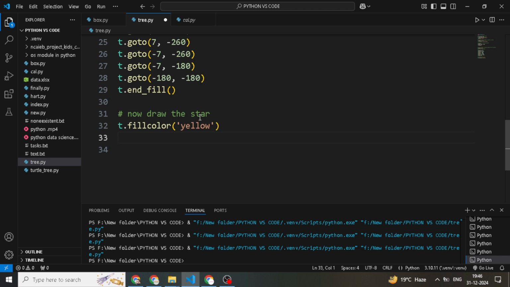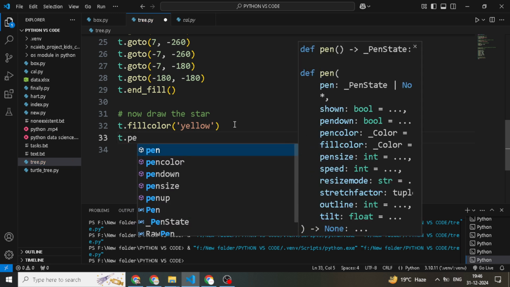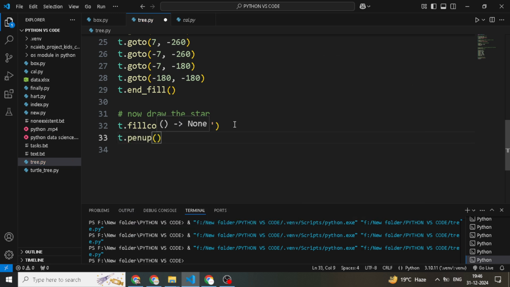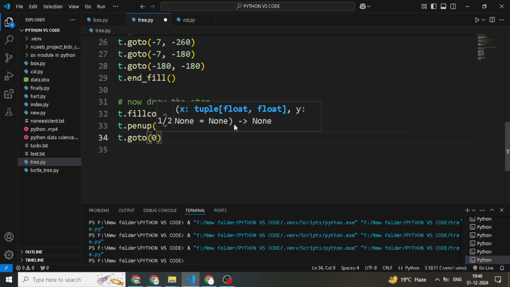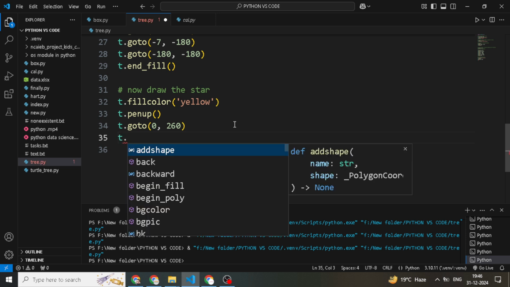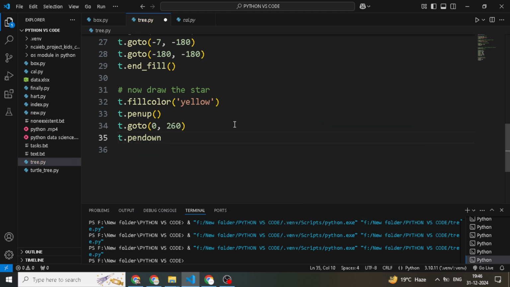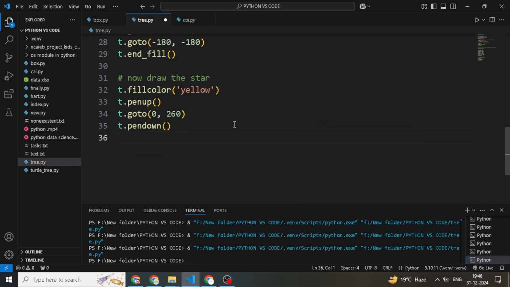Now it's time to draw the star. We change the color to yellow and move the turtle to the top of the tree. So just simple: we use t dot penup. Then t dot goto 0, 260. T dot pendown, and now draw the coordinates.